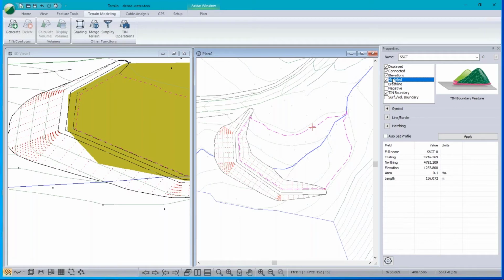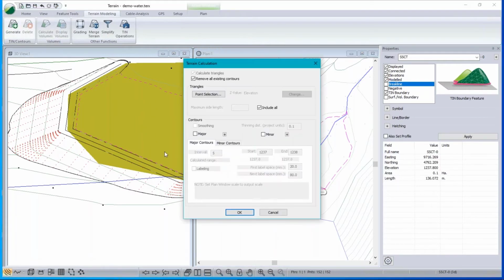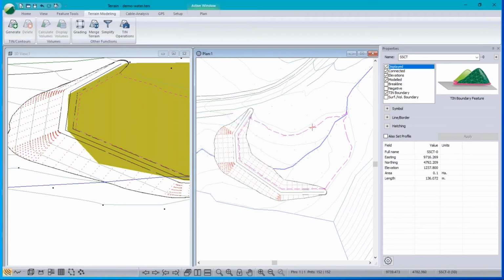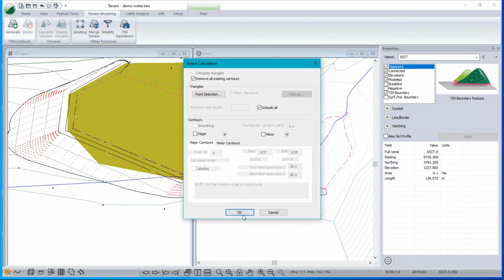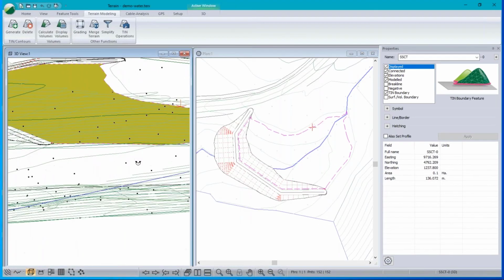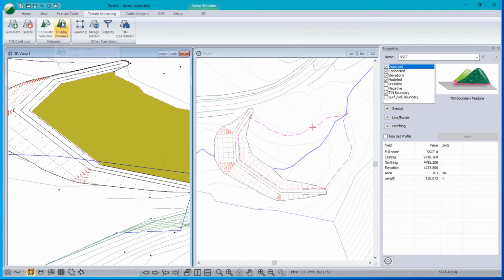And let's make it into a tin boundary. Breakline is modeled so it's a surface. Sometimes breakline is important when you make a feature a tin boundary. Maybe not. Let's see how it turns out. Okay, I forgot to click apply. Now let's try that again. There we go. And now the water is inside the dam, and if we calculate the volume,